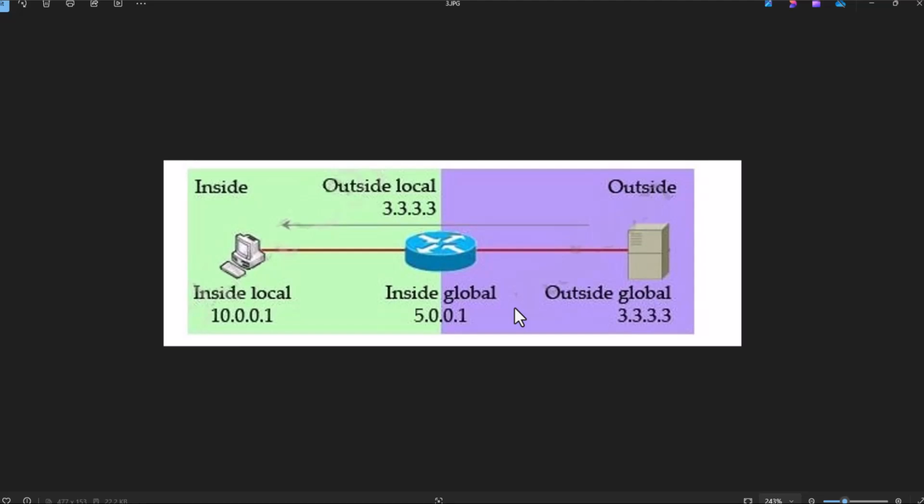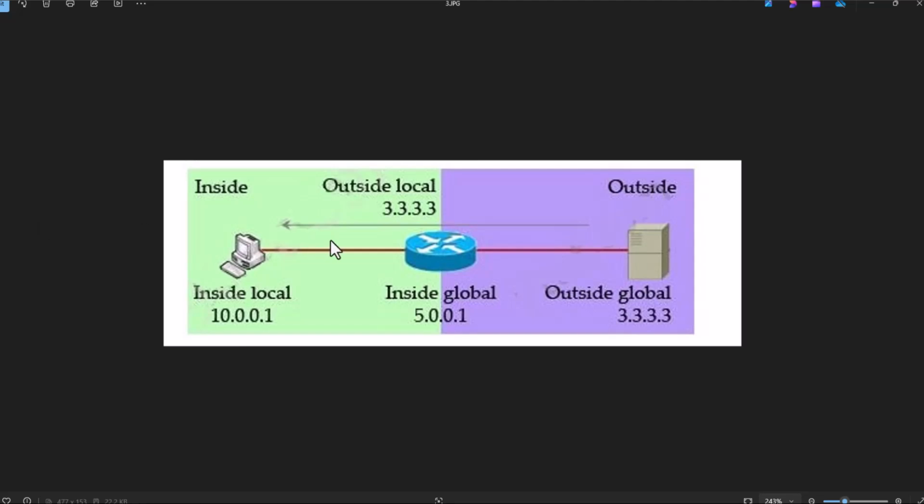So this device, which is outside, also has one private IP address which is seen by our network. This is called the outside local